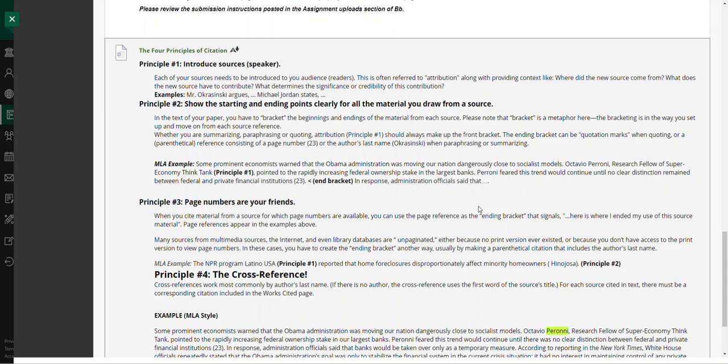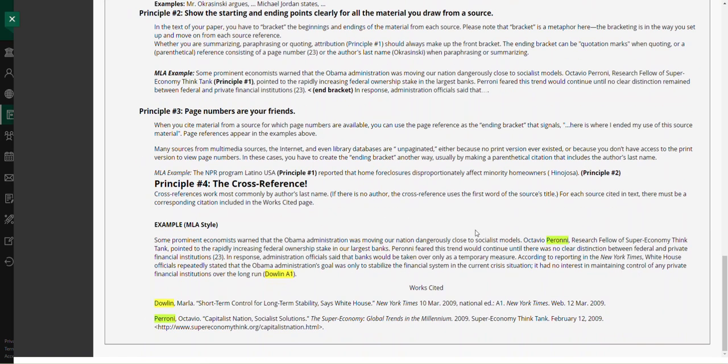So if you're using APA, which is author and date in text, you should have an APA citation, 2 different formats. Conversely, if you use MLA, which is author and page, or if your source is unpaginated, you can use just the author. But nonetheless, there must be a correlation here with the works cited page.